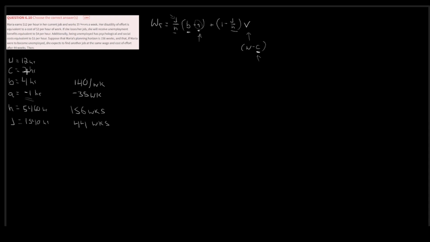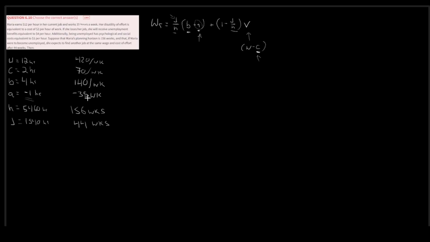Our disutility from working, our cost of effort, is $2 an hour, 35 hours a week. That's going to be $70 per week. And then finally, $12 an hour is our wage. 12 times 35, that's going to give us